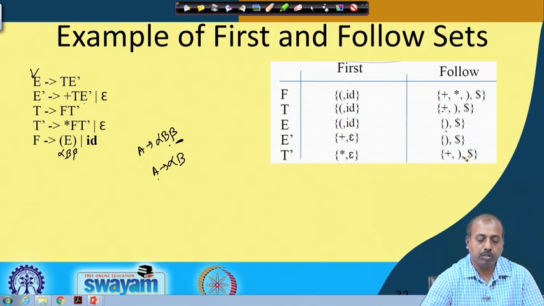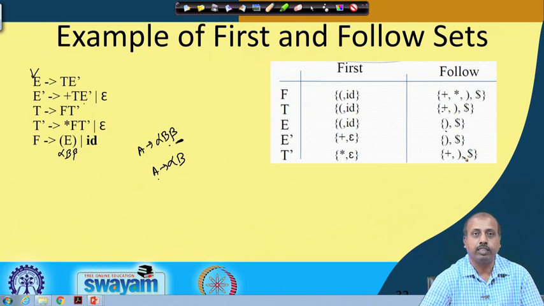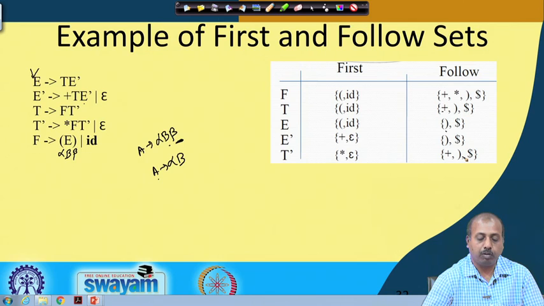and when there is no more addition to any of the follow sets, only then the computation will terminate. So, this way it becomes a bit difficult to compute the follow set, but you can very easily write a computer program for doing this iteratively till all the sets have got their maximum possible entries in them. So, this way we can compute the first and follow sets.